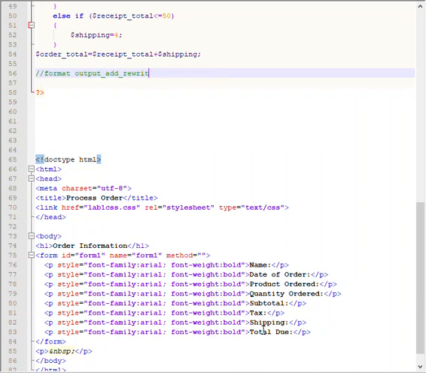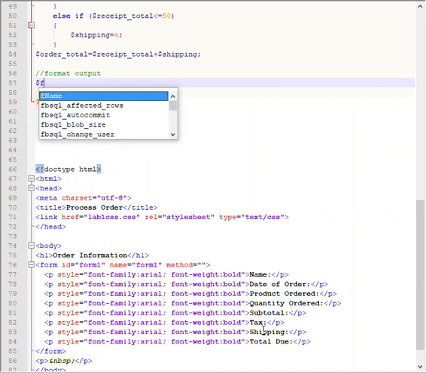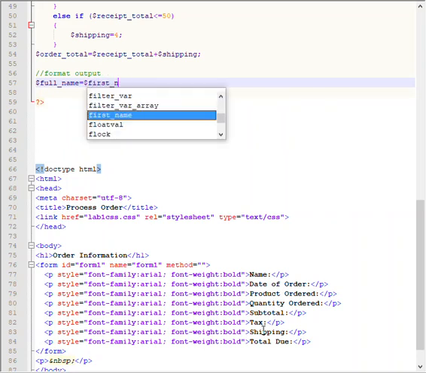So it tried to add something for me. So just backspace over that and hit enter if Notepad is trying to help out with programming statements. So I'm going to set up a new variable. I'm going to do full name is going to be equal to first name, and then the concatenation symbol, which